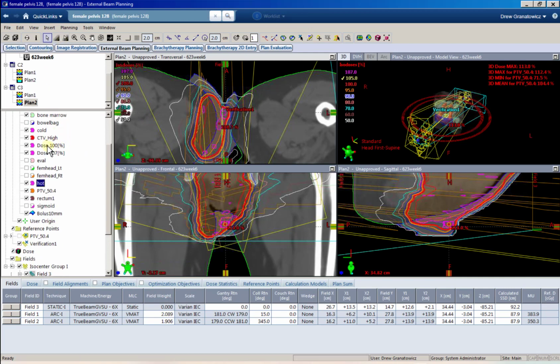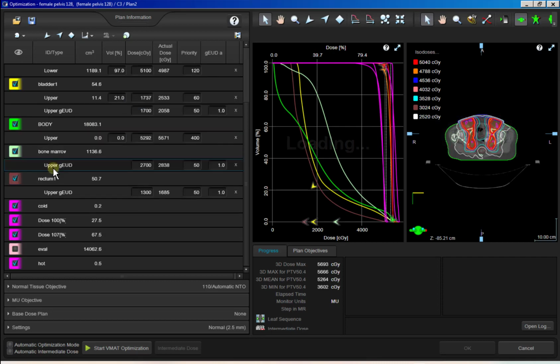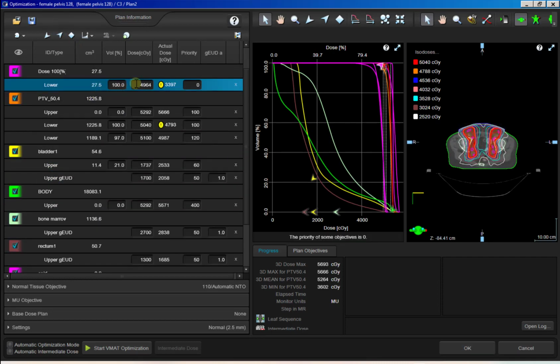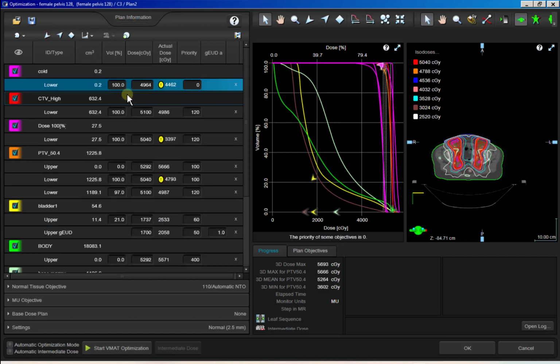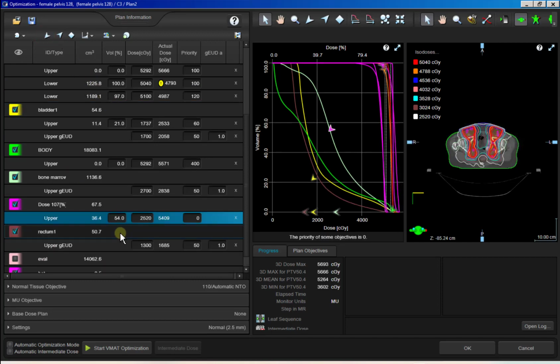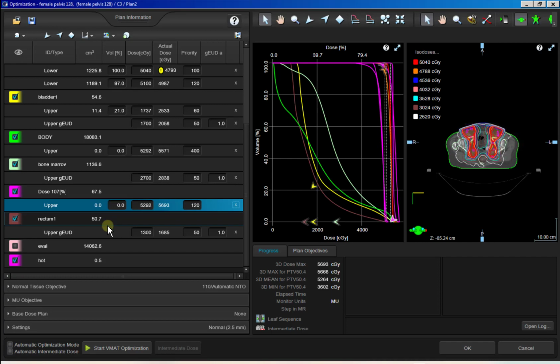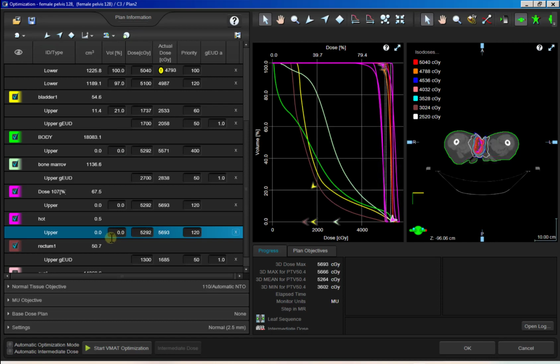Generally, doing it with just the isodose lines works, but on those really tough plans, the second option is to manually find those cold spots, manually find those hot spots. Now in the optimizer,